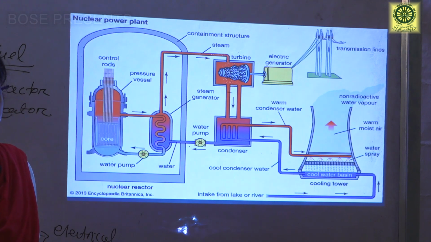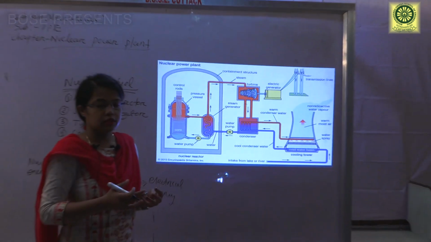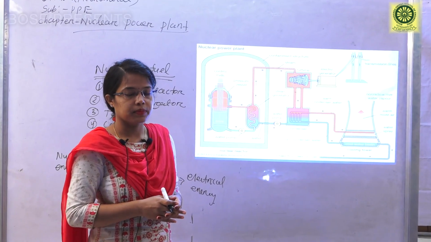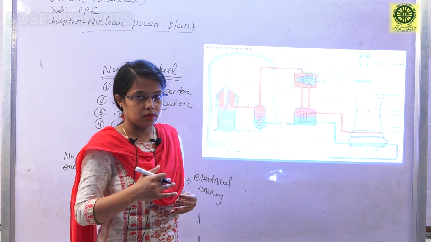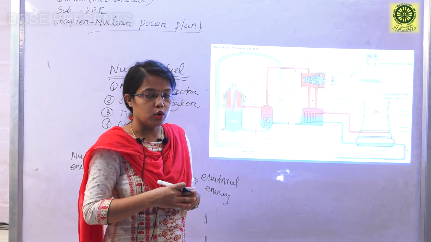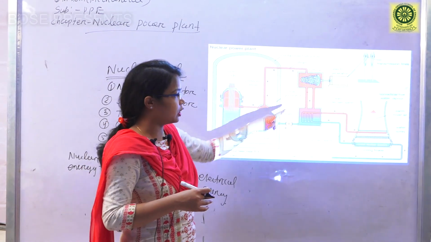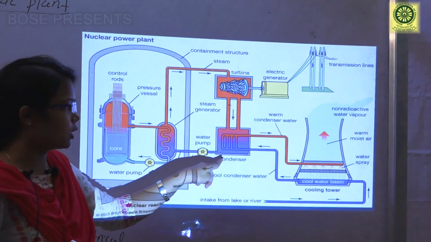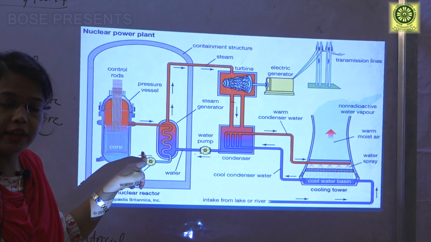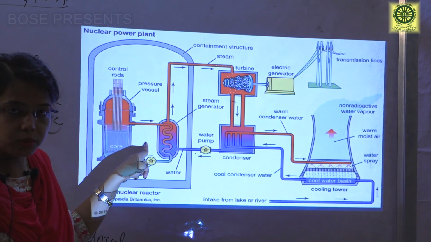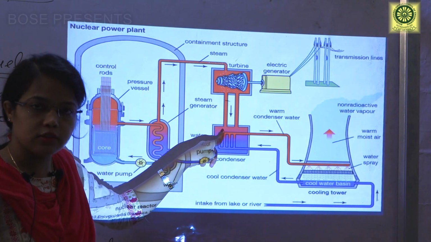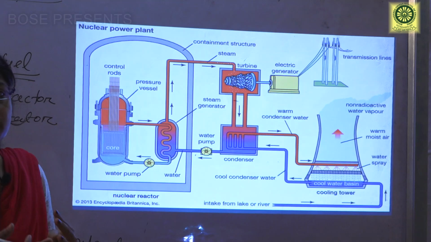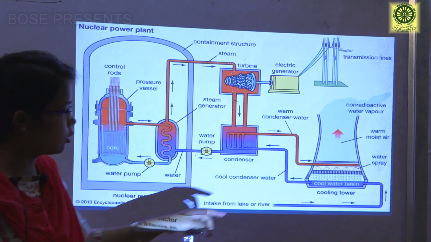And from the turbine, after the enthalpy drop occurs, obviously the steam will be converted into low pressure steam. Okay, you all know in the steam turbine, isentropic expansion process occurs, and pressure reduces. High pressure steam is converted into low pressure steam, and that low pressure steam enters the condenser, because it needs to be condensed before going into the reactor. In the reactor we need water, so steam should be condensed into water, and for this condensation process we have to provide some cooling medium.